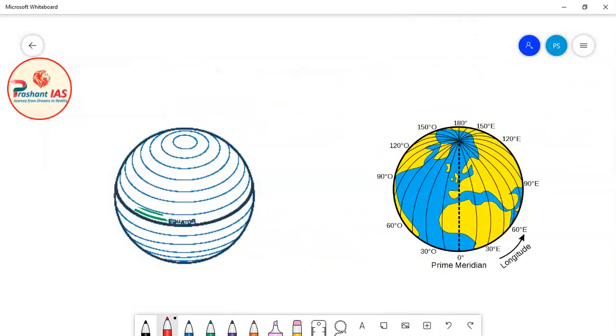Now friends, this concept is completed. So let us move forward to another concept. The next concept is the distance between two latitudes and two longitudes. I have just told you that the distance between two latitudes is very large, so there is a need to divide 1 degree of latitude into 60 minutes and each minute into 60 seconds. Similarly, the distance between two longitudes, meaning 1 degree of longitude, is also very large.